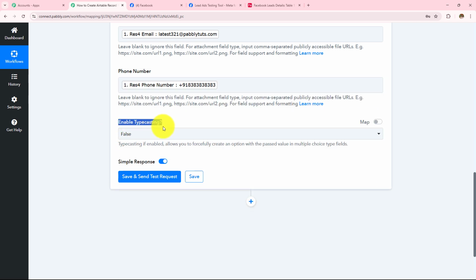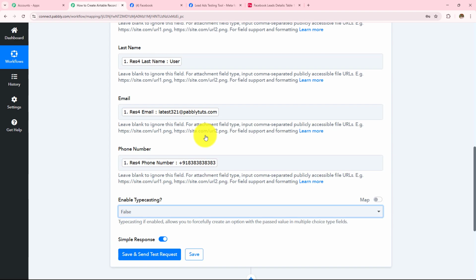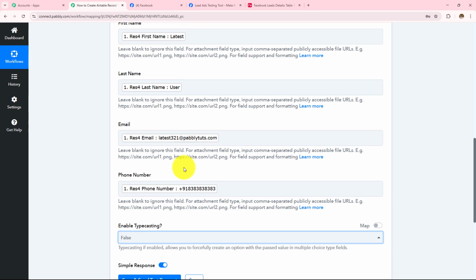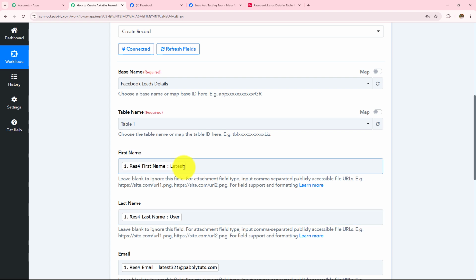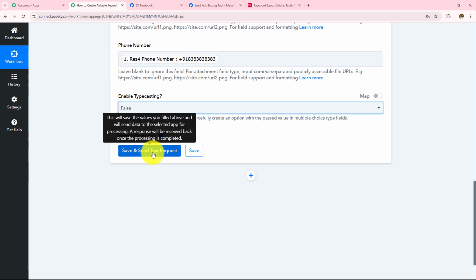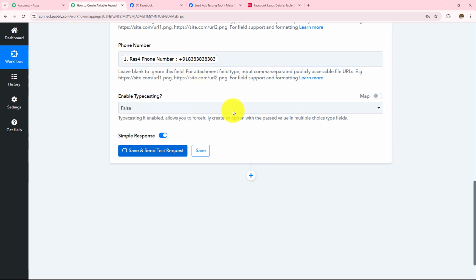Now enable typecasting, I want to select this as false, and over here mapping is important so that every time you receive a new response, it is taken into consideration in these fields. Manually entering the data will make these fields static and the information will not change even if you have received the new response. Over here, if I manually enter any detail, this field will become static, and every time I receive a new response, the result will not change. So as to keep these fields dynamic, we use this process mapping instead of manually entering the details.